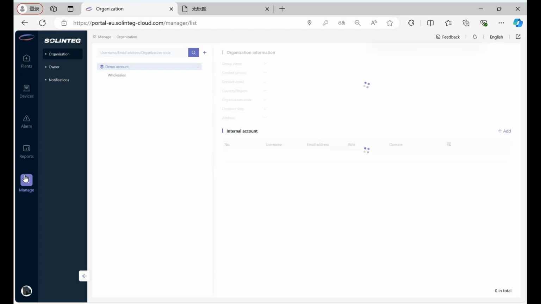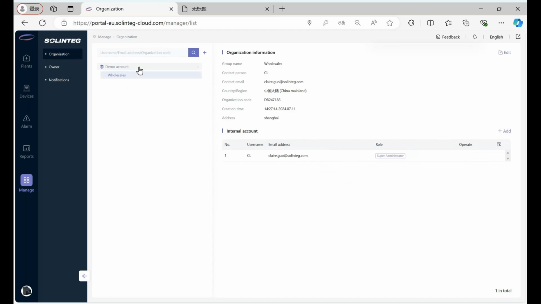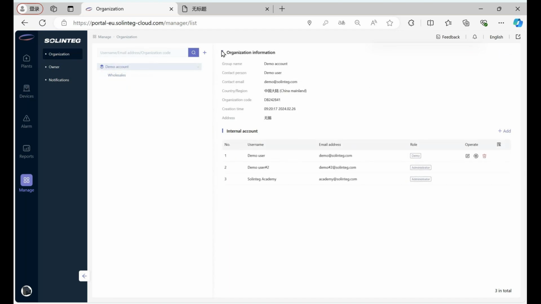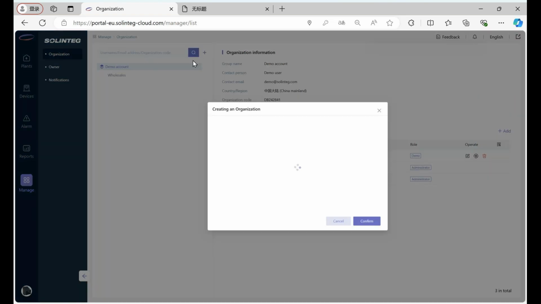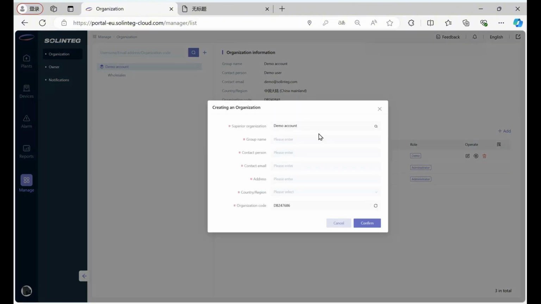And next part is about the manage. The first one is about the organization. Here it will show the organization and the sub-organizations, and here shows the organization information, and here shows the internal account. And if you want to create a new sub-organization, you can click the plus button, and you just need